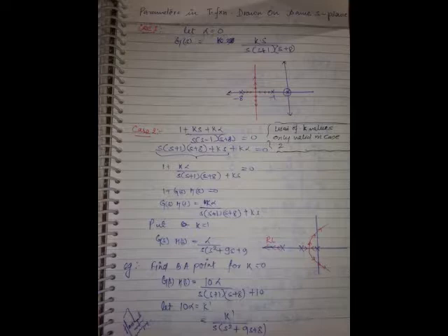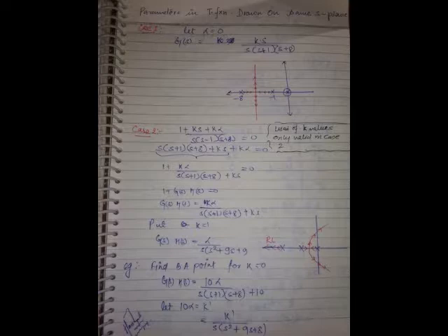Questions are like this. Draw root locus for k equal to 10, what does that mean? Will you put 10 here and try to solve? No. In case 1, alpha is 0. This is the function. You have to vary k from 0 to infinity. Whatever value of k is given, then you should use it in case